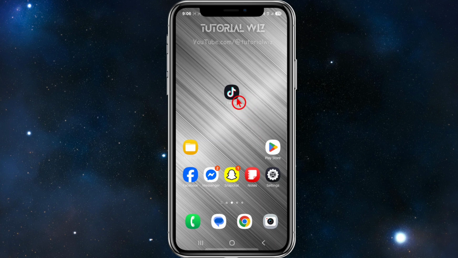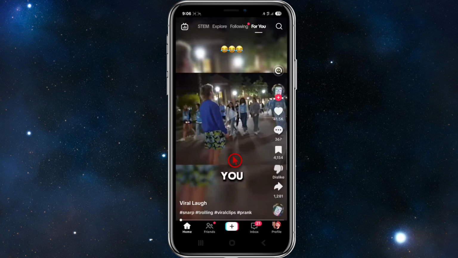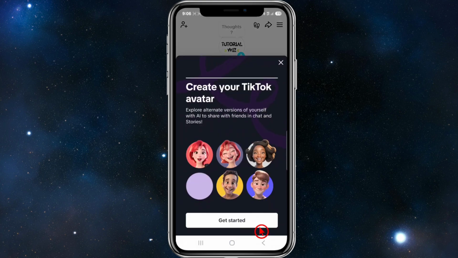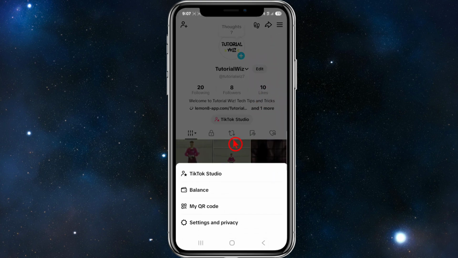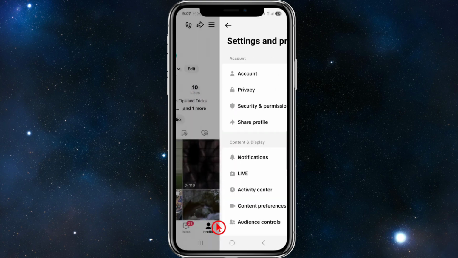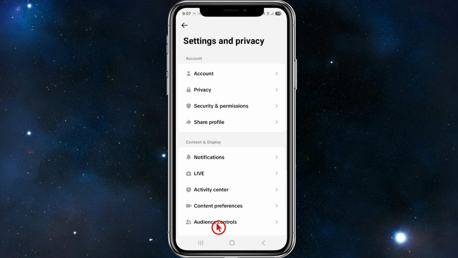Alright, what we first want to do is go ahead and open up TikTok. Then from here, click onto your profile, bottom right hand corner of the page. And then once we're here and logged in, we want to click on the three horizontal bars and then click into settings and privacy. Then once you're inside here, we need to tap on balance, and then inside balance, go